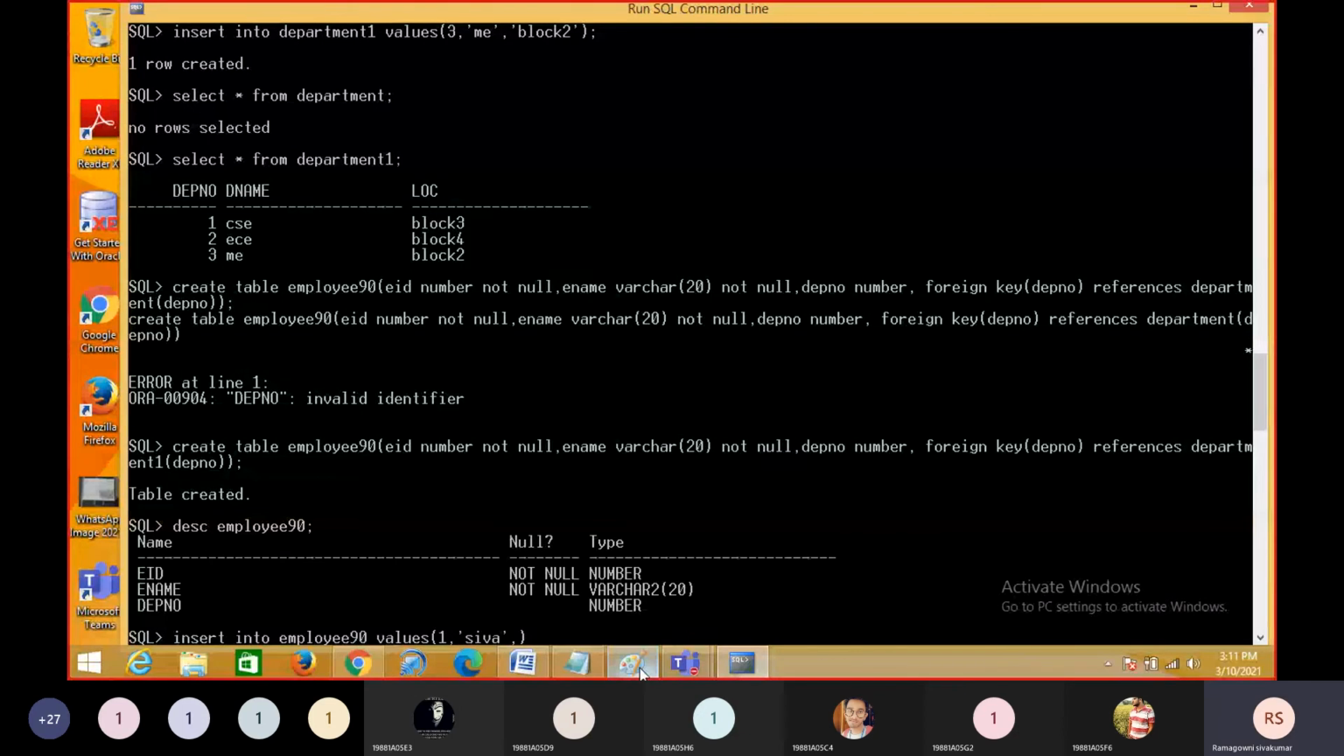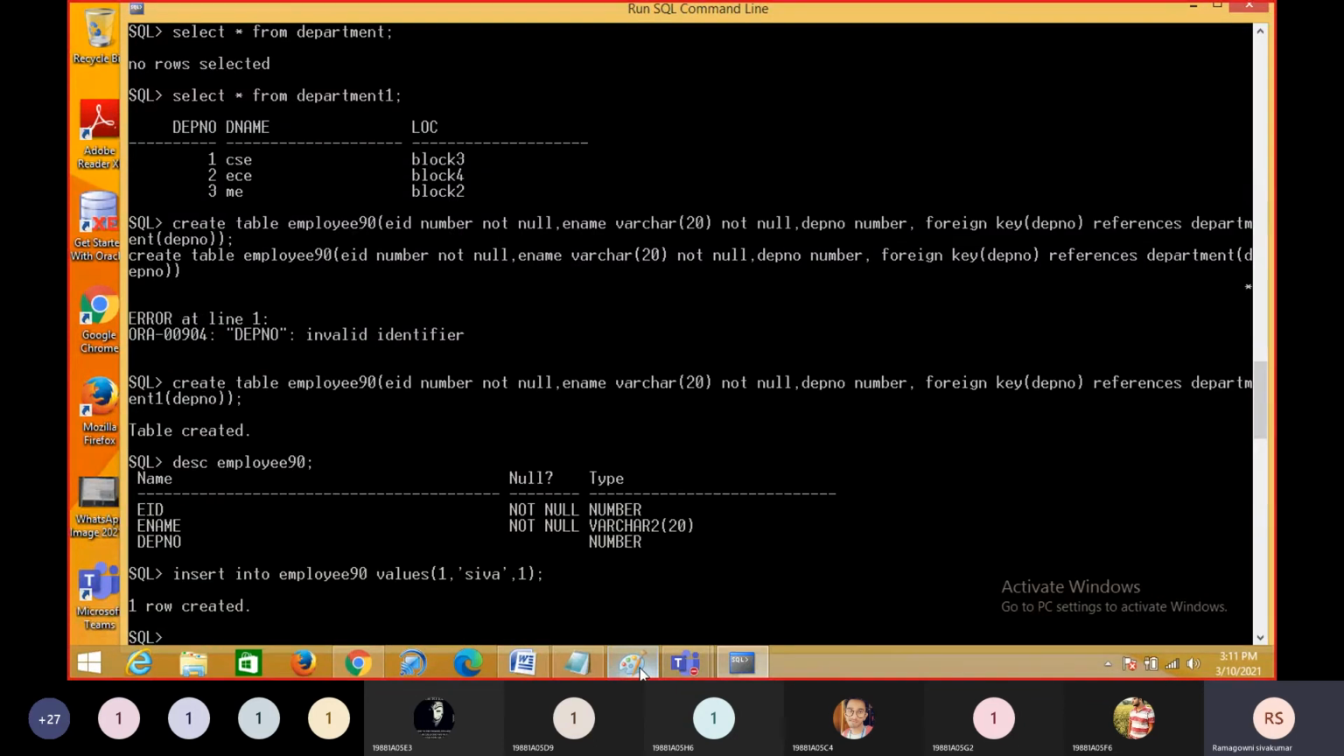See, I'm using the same number I used in the parent table, that is department number 1. That means it should allow the data to be inserted into our child table, the employee table. It is inserted, right? Now check the table, select star from